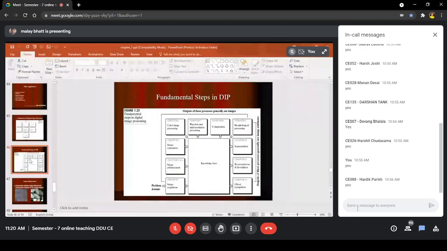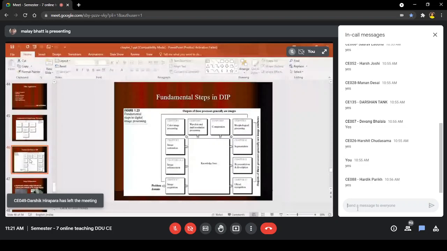So our chapter 2, which will start from the next lecture onwards, is focusing on image acquisition, performing quantization of the image and other things. What are optical illusions? What is a neighborhood of a pixel and other concepts? So that we'll learn in chapter 2. You will learn the Weber ratio and other parameters. So chapter 2 of your book focuses on that.